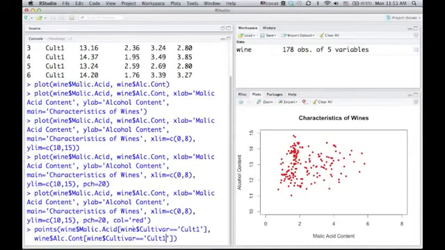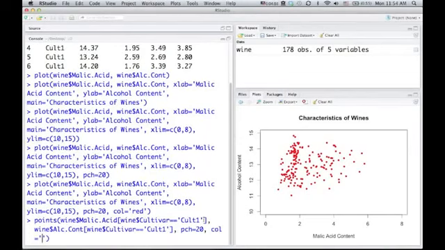So we're still plotting x against y, except we're specifying we only want to deal with points which are cultivar 1. Again, we need to set their PCH equal to 20. But let's say we wanted to change the color of the points. I could make these points